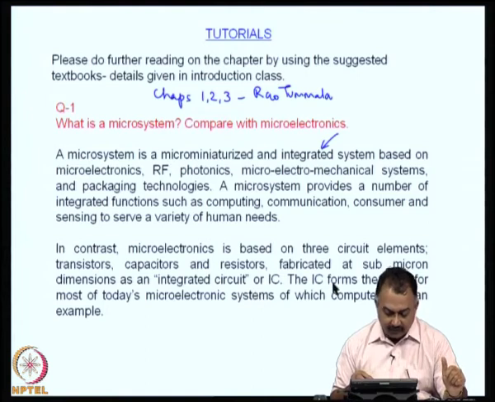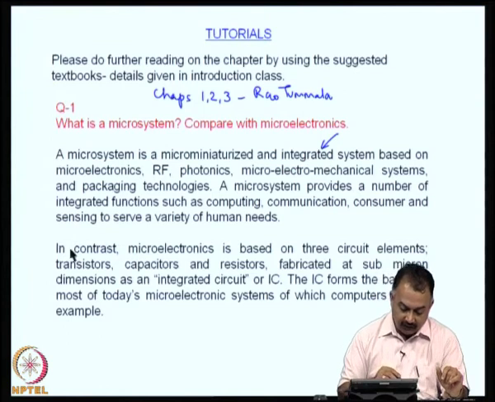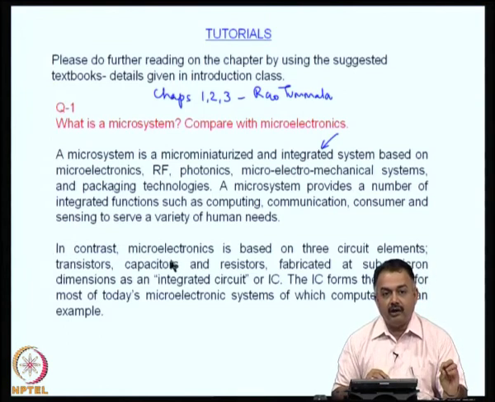The IC forms the basis for most of today's microelectronic systems, of which the computer is a chief example. So, I think you are very clear right now about the difference between microelectronics and a microsystem, right.